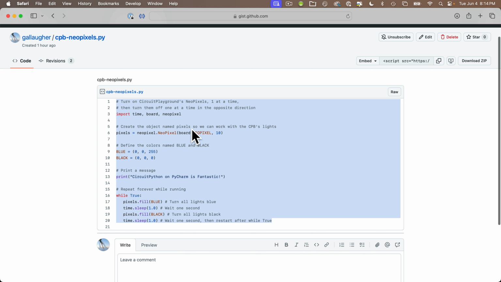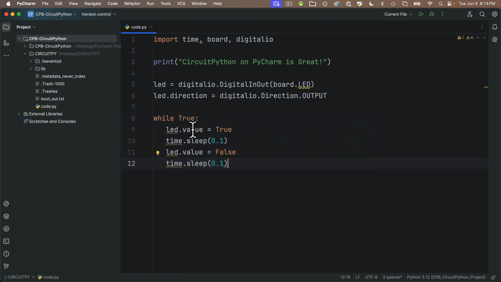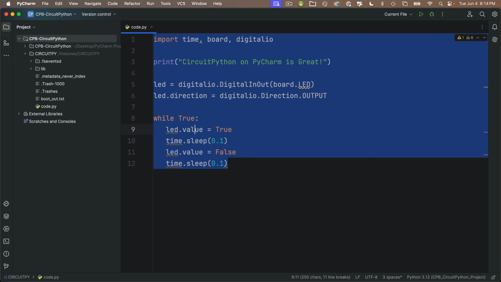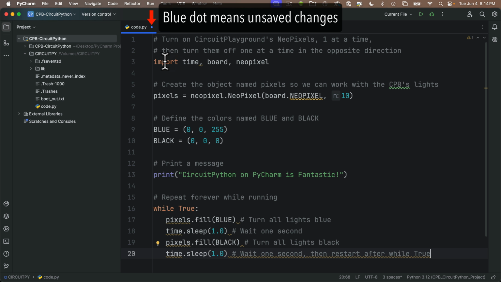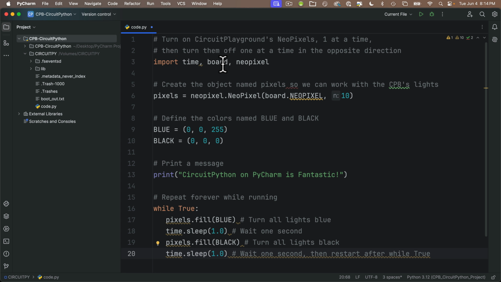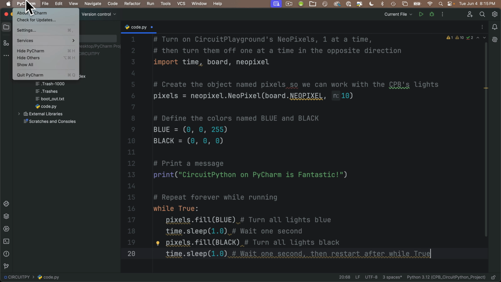copy it, Command-C, Command-Tab to get back to PyCharm, highlight this old code, paste over it with a Command-V, and there's my new code. And this is just like I wrote a new program using all the setup and configuration from our earlier project. Now notice we don't have any squiggly lines under our import statement. The project already has CircuitPython-stubs and